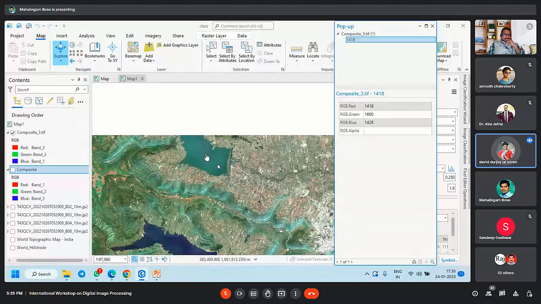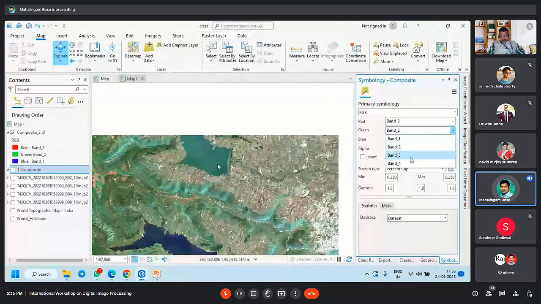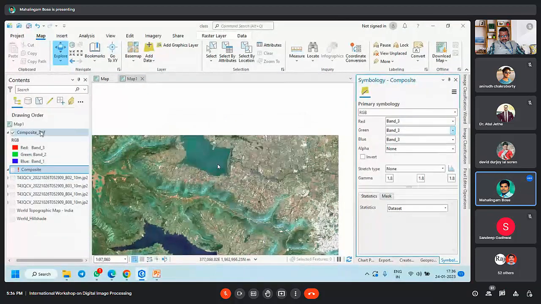But when I try to extract samples for supervised classification, if I have a layer stack or band composite, it is 6 bands. And I'm alternating the different band combinations to extract different types of information. Suppose 432 for vegetation and 216 for built up, like this. If I continuously change this band combination and extract the pixel values, will it hamper the algorithm in any way? No. The thing is that whatever you do here, the band combination in any software,